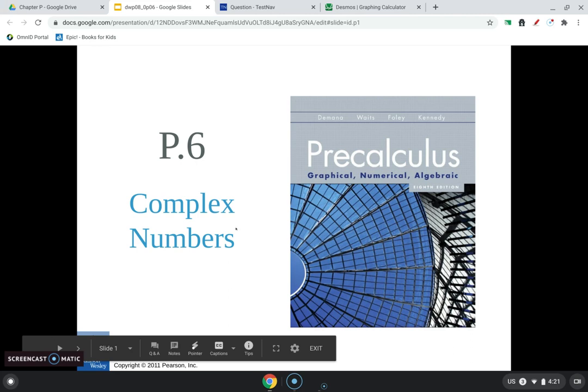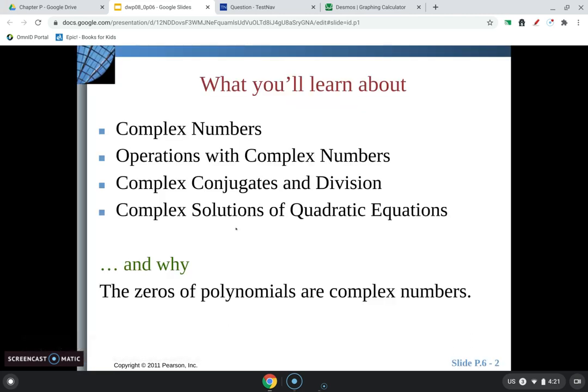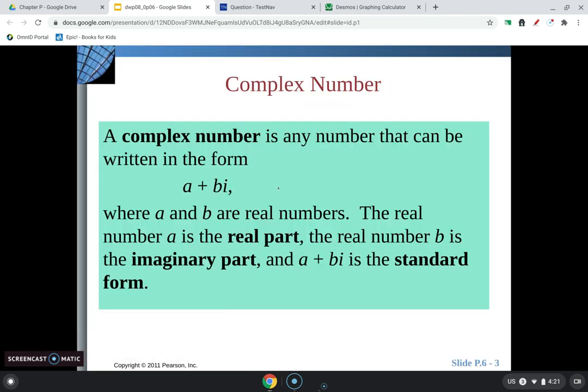Calc section P6, complex numbers. So we're going to be dealing with the old i. A complex number is any number that can be written in the form a plus bi, where a is the real part and b is the imaginary part. A plus bi is considered